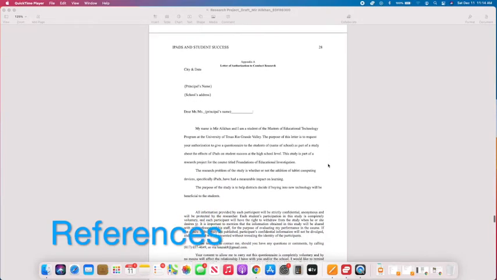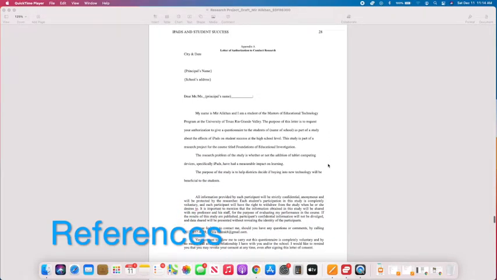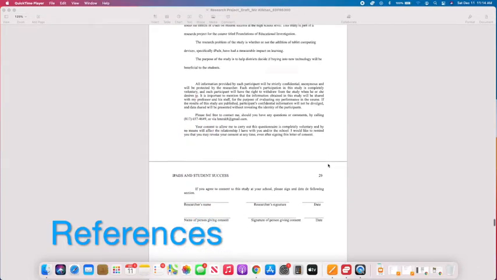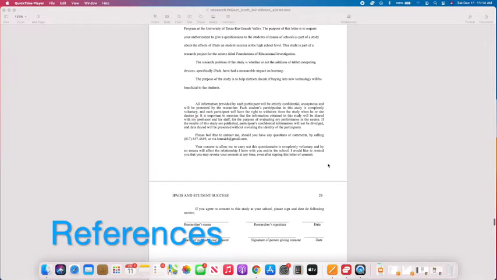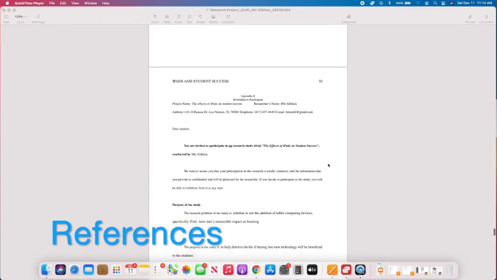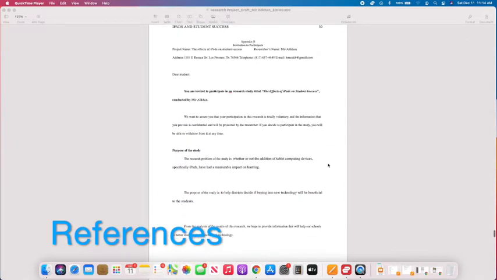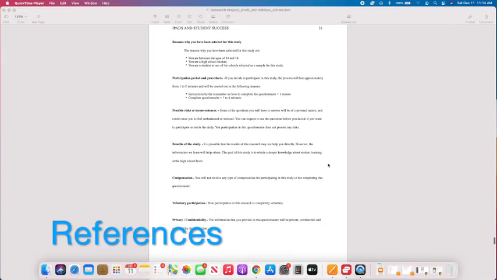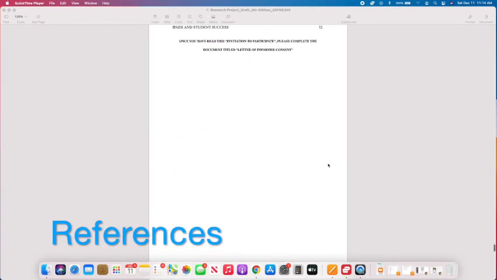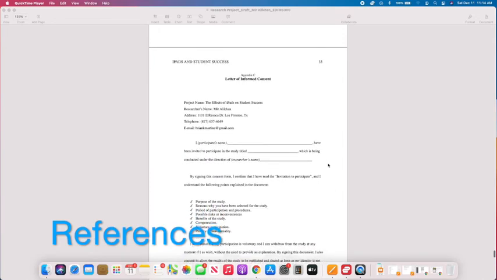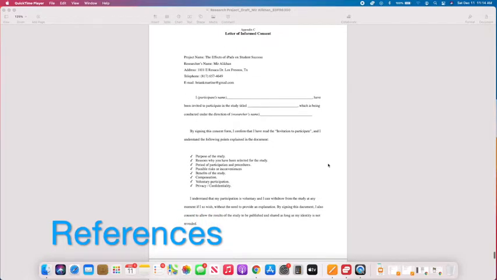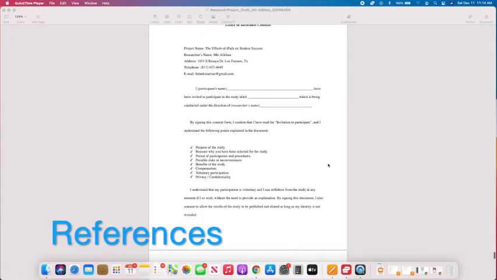And lastly, I would want to show the appendices, the letter of authorization to conduct research to the principal and the school, and also to the end users, which is the students that will be collecting and providing us data on this research. With this, I will conclude with talking a little bit about the consent form that I will be sharing with the end users.